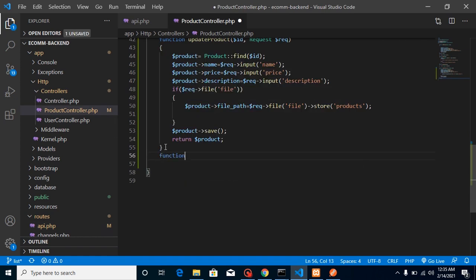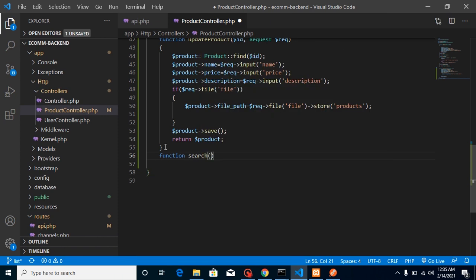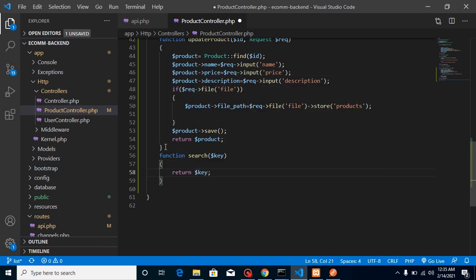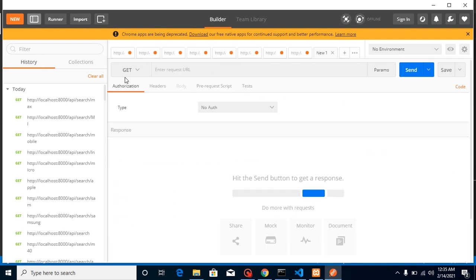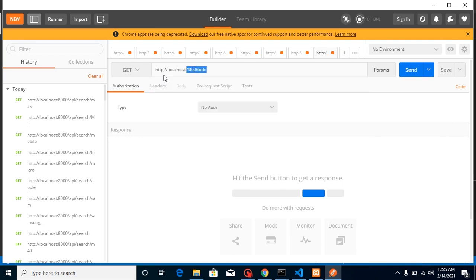So just simply write here function search, use a dollar key, and simply return here. First of all, let's return here this key, so that we can check the routing and our function is working fine or not, right? So let me just open a new tab, get request, and you can just get here